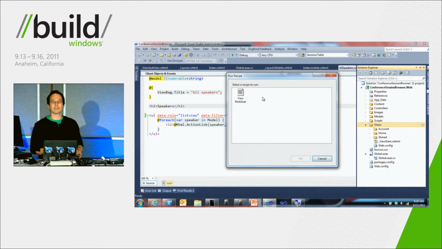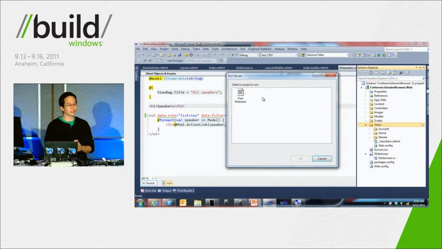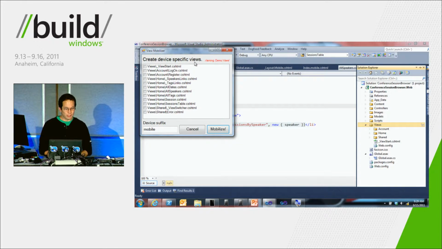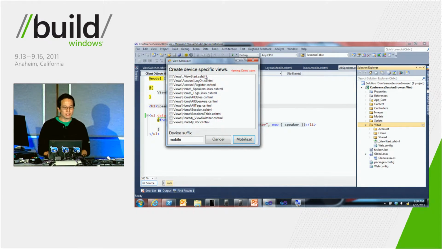Now, we don't have any installed in the box, which is why I'm furiously trying to make some so that people can try this out. And this is the View Mobilize recipe. And when I hit OK, you see here it is showing a list of views that don't have a corresponding mobile one. And if I change the suffix, it will recalculate the list,